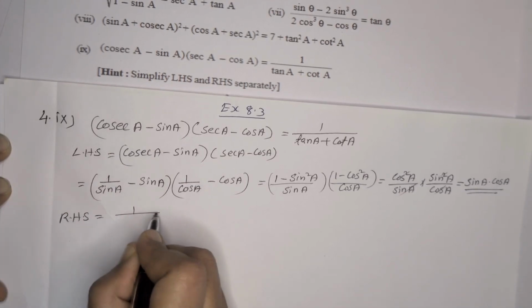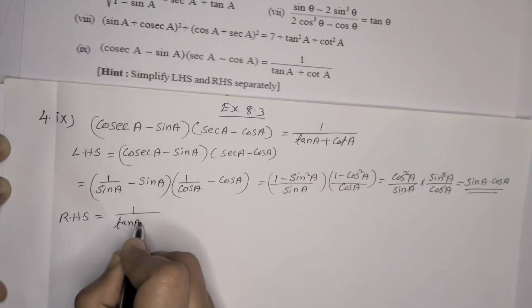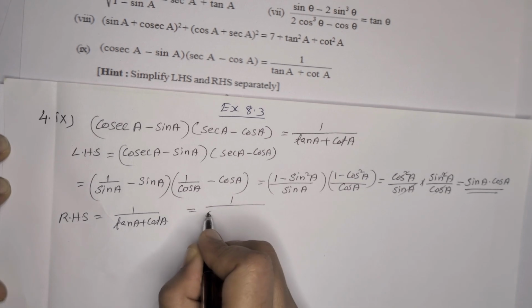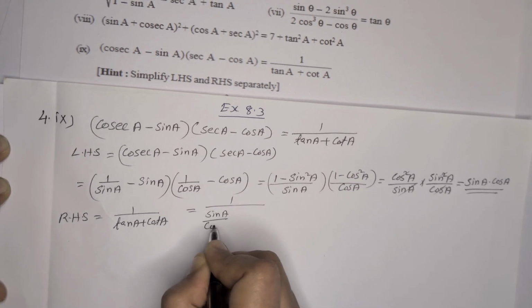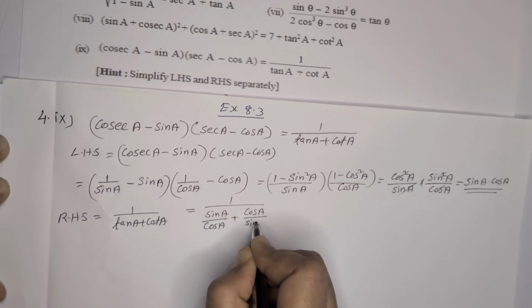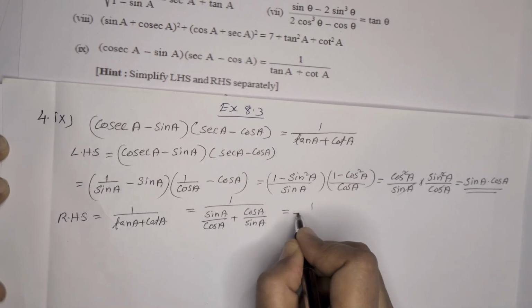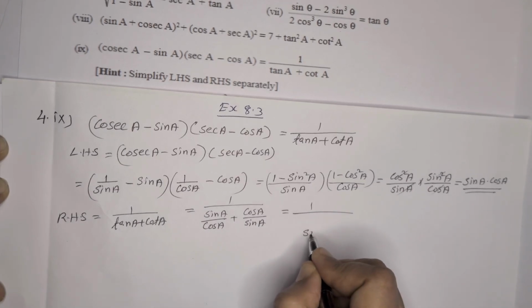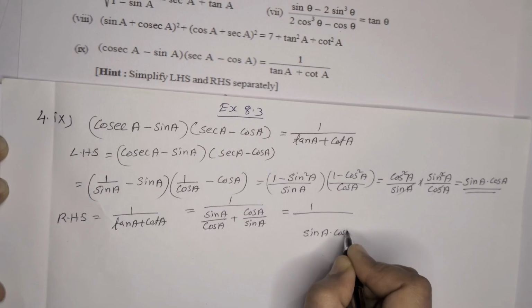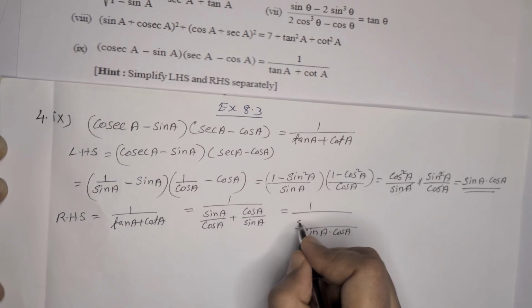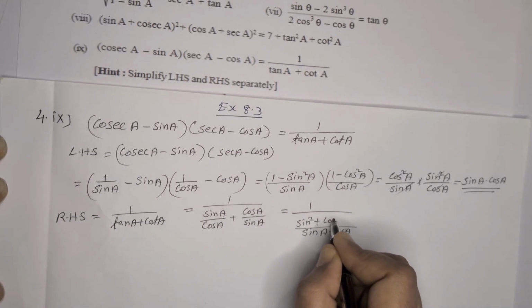RHS is equal to 1 by tan A plus cot A, which is equal to 1 by tan A, which is sin A by cos A, plus cot A, which means cos A by sin A, which is equal to 1 by, here we can take sin A into cos A as the denominator, and when we take the LCM, the numerator will come as sin square A plus cos square A,